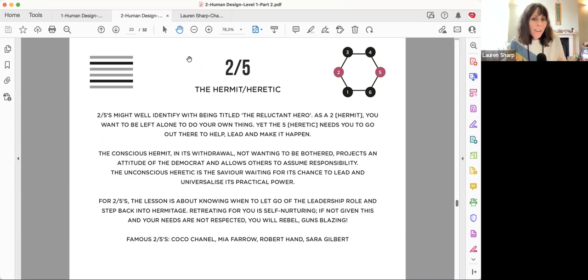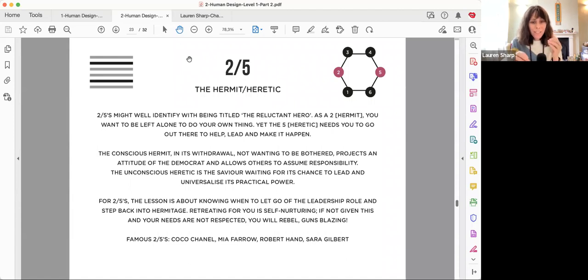The 5 is an individual who often gets a lot of projections: oh, you can do this, you can fix that or help with that. And then they're like, but I don't really want to, especially with the generator energy. And then it's, oh, this doesn't really feel right. And it's not right. And then it's, oh, well, that went wrong. And then it's your fault. And then the 5 feels that didn't feel very good. And then the 2 goes, let's just shut down.